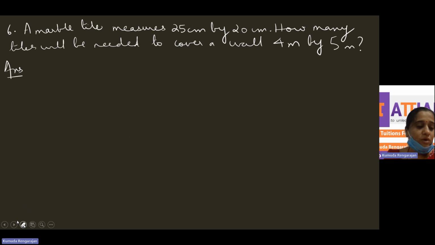Okay, so you've forgotten the formula. I gave you a formula for this, children. First thing is you have to have the dimensions in the same unit. Which is the smallest unit here, centimeter or meter? Centimeter. So you should change the dimensions of the wall, which is in meter, to centimeter. I'll give you the formula straight away. The formula is number of tiles